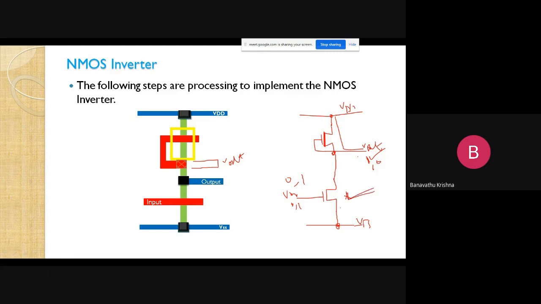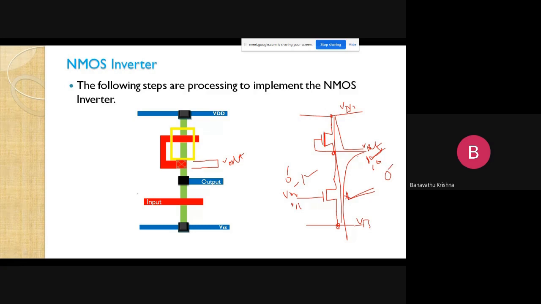The path is available from VDD to VSS, so finally we get output response 0, that is VSS. So if the input is 0, the output is 1. If the input is 1, the output is 0. Now it is performing the inverter operation.